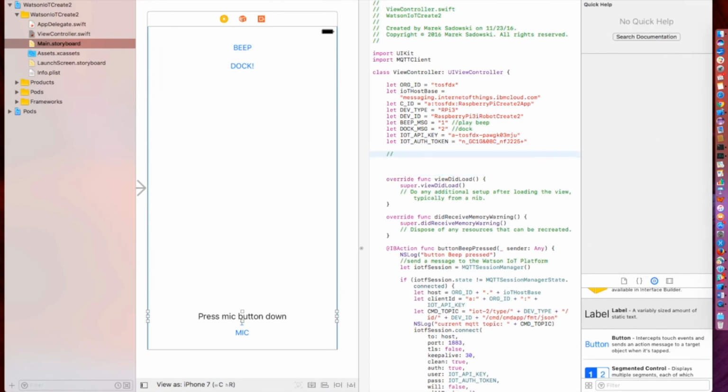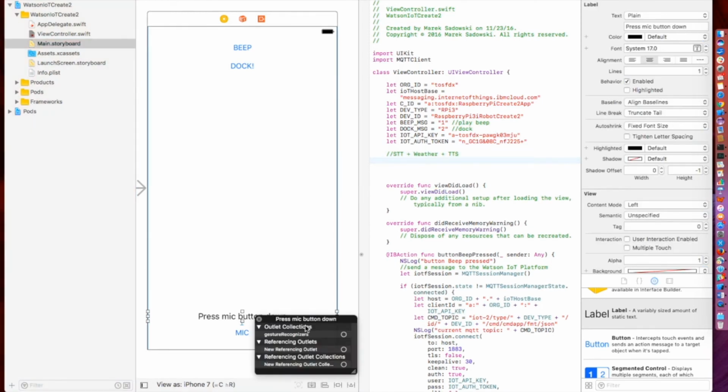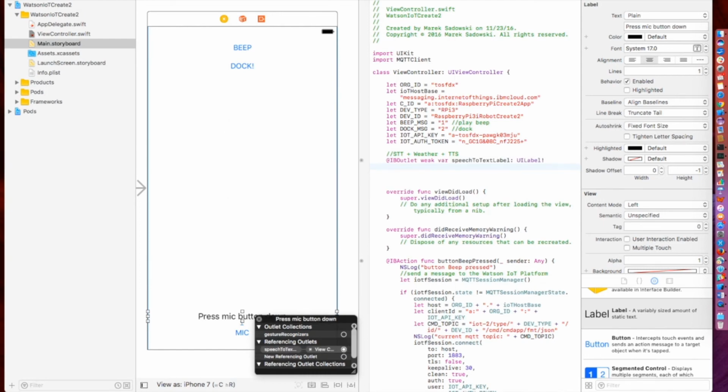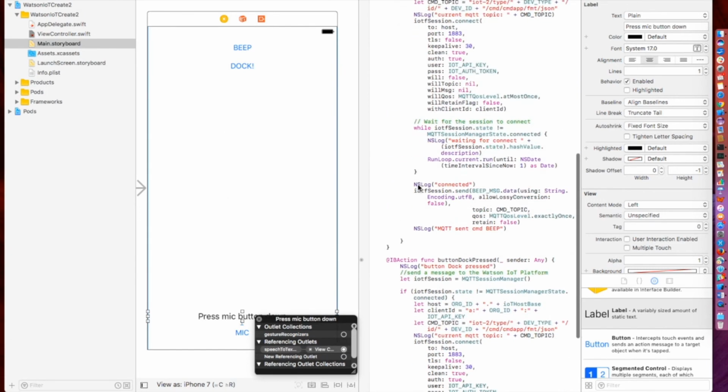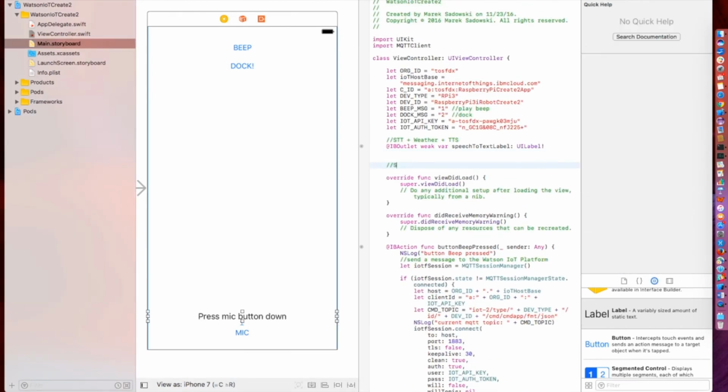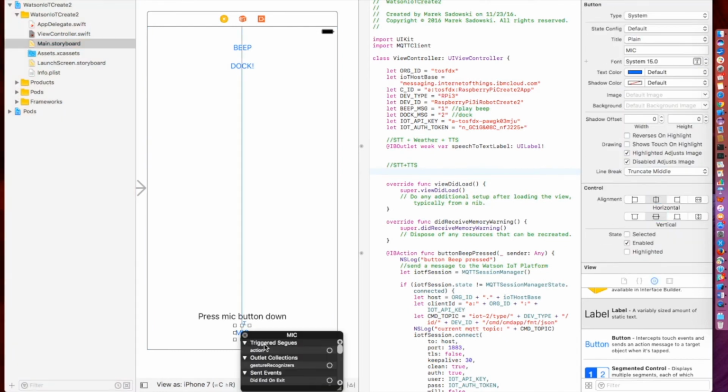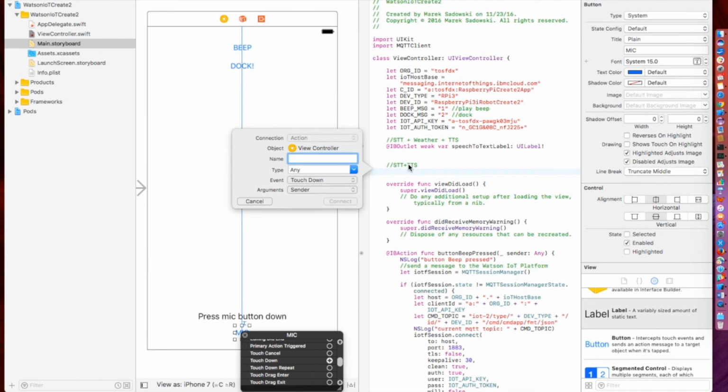Now we can reference the objects in our code. So first the label. Let's put it here. Speech to text label. That's done, and now we can add our service. So when we press the button and we press it down, because we are going to keep it down when we are speaking, so mic button pressed down,